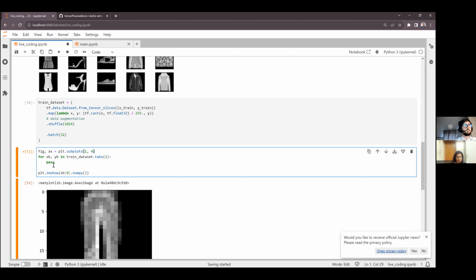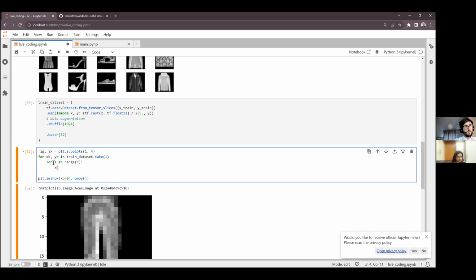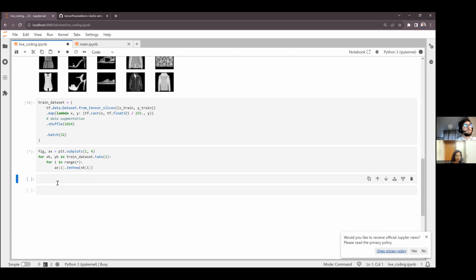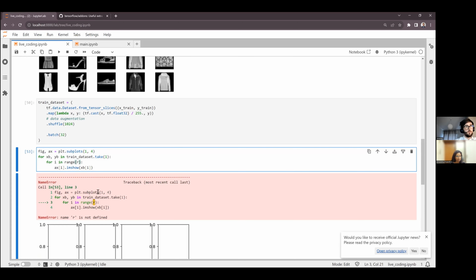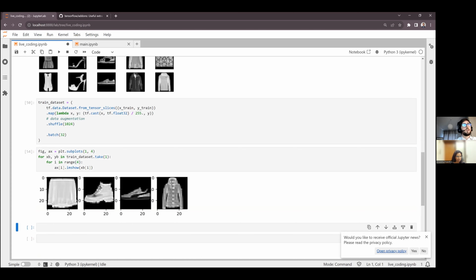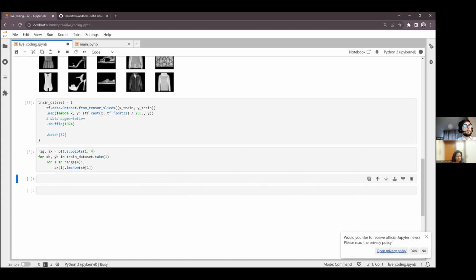And let's say for i in range 4, plt.imshow XB[i]. Let's see if it works. Oh, okay, not R, but 4. Okay, now we can see a few images at random.